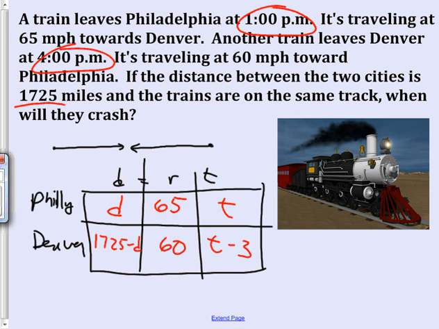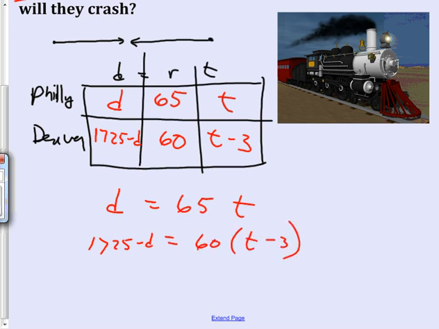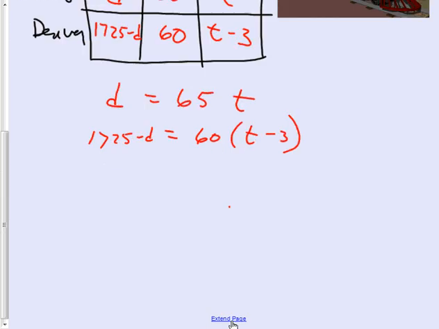If anybody put the t plus 3 on the top, that actually would end up having the same effect. But it's better to do it consistently, and I bet most of you did the minus 3. Raise your hand if you did the minus 3 down there. Good. And then you just have to multiply them out, solve the system of equations, and it's easy from there. One last thought on that. If you have this, d equals 65t, and 1725 minus d equals 60 times t minus 3, you could use your calculator to do this for you on